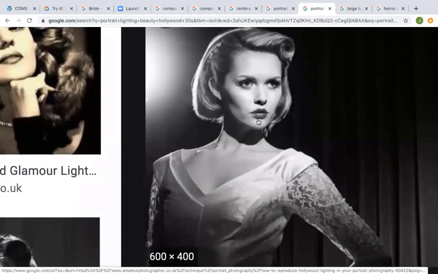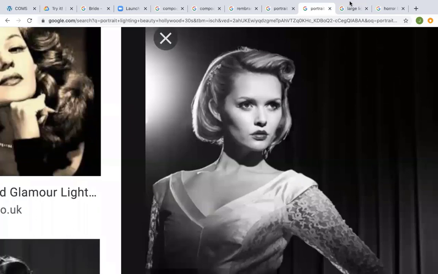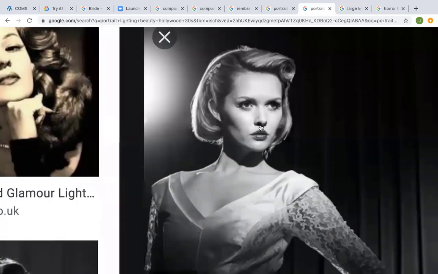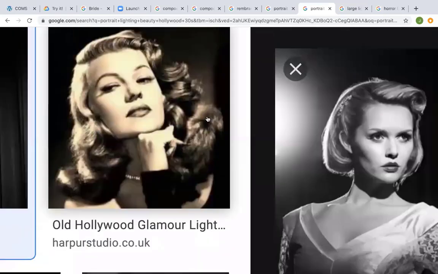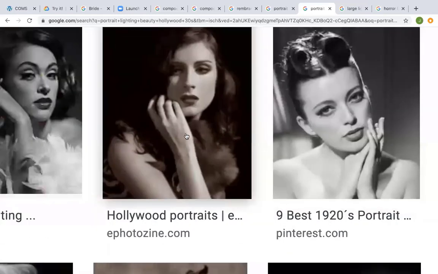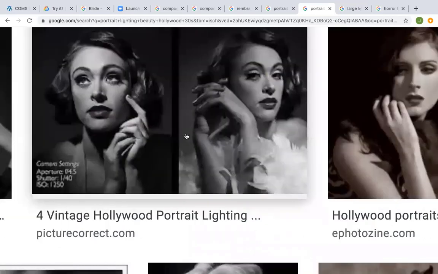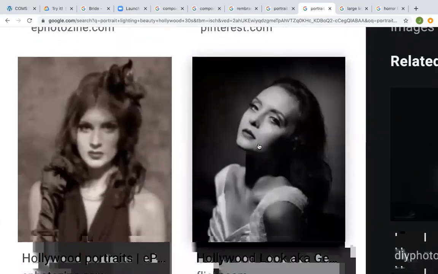Do you notice it's different than the Rembrandt light? It's above the head, and you can tell that by this little butterfly shadow underneath the nose. And there's a backlight to catch the hair, and a reflector to reflect more light into the mask of the face. The only people you light like this are young people, preferably in our culture. It's always feminine. You never light a guy like this. Okay, this is classic Hollywood